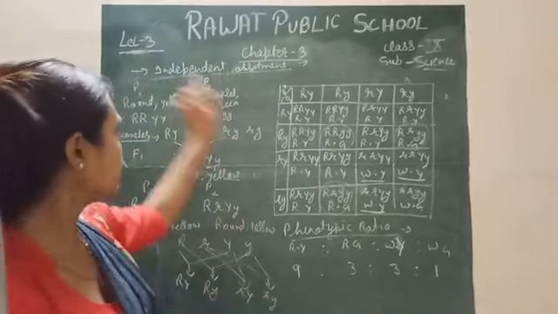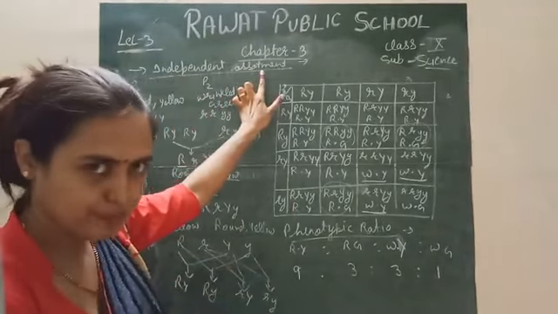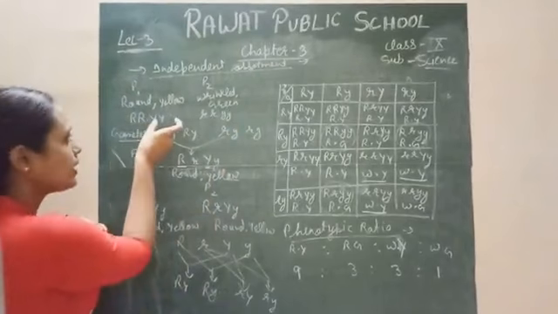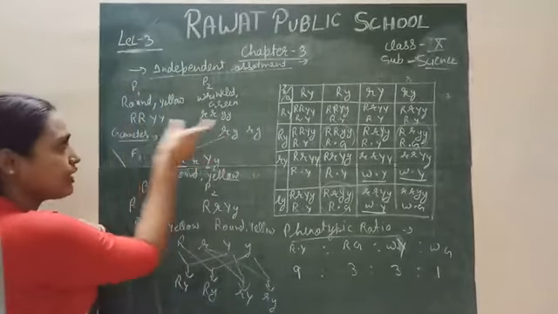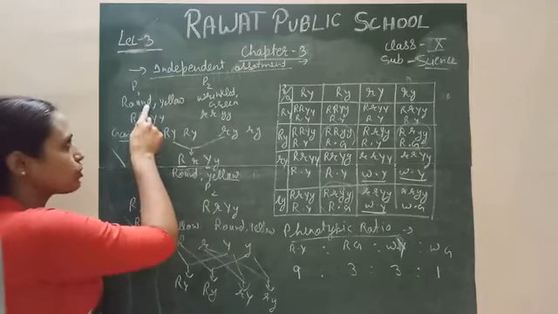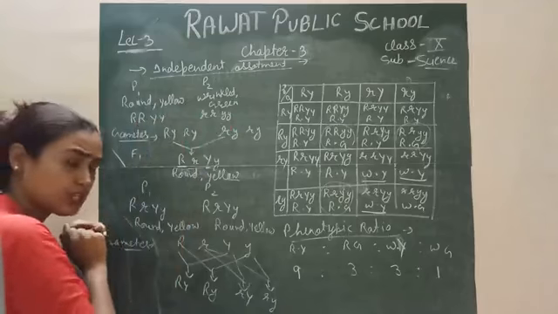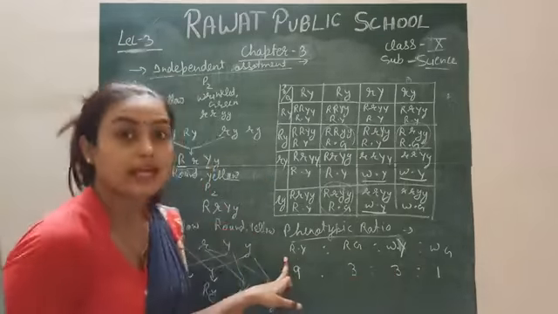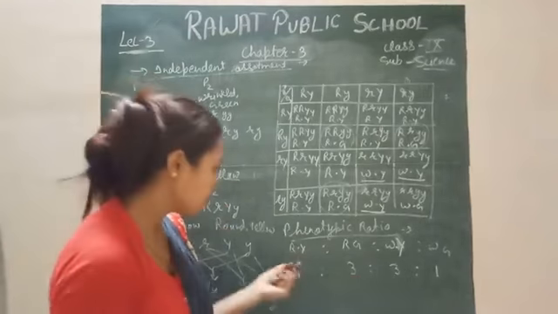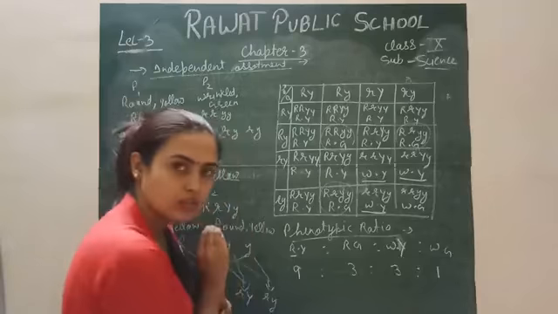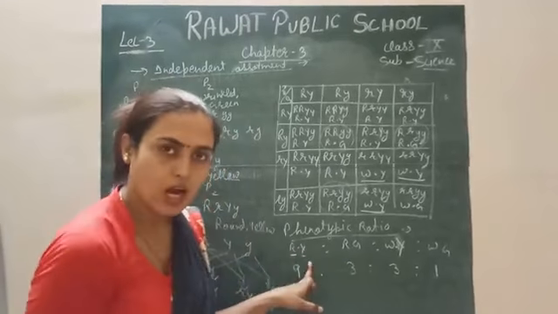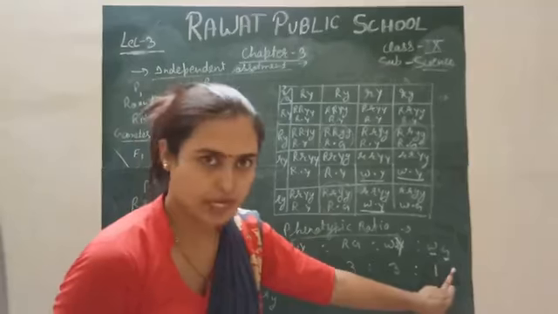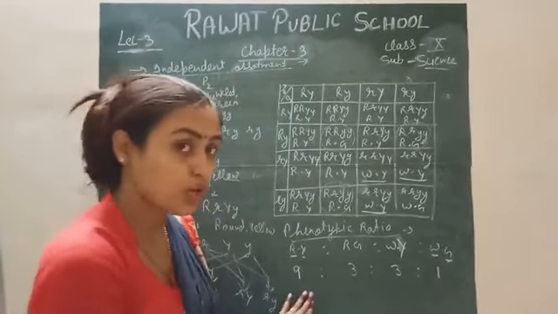Okay, now what is the meaning of independent assortment? During the dihybrid cross we take two characters of dominant and recessive, one gene for the shape and one for the color, right? In F1 we will get the hybrid, in F2 we will get these hybrid. In F2 generation what will we get? This is the round, this is the yellow. These are the dominant characters. This is the wrinkled, this is the green. These are the recessive characters. There is no change, right, according to the law of dominance.